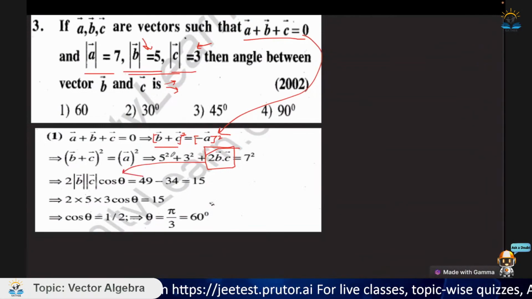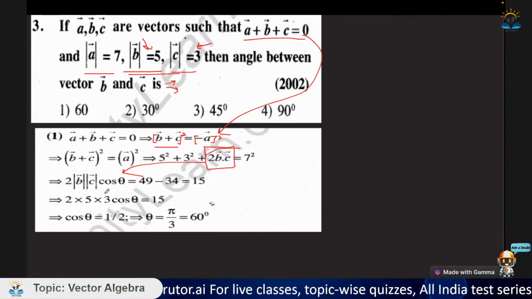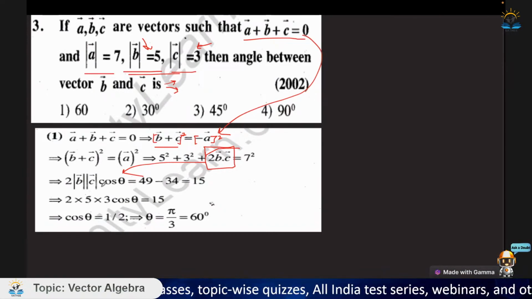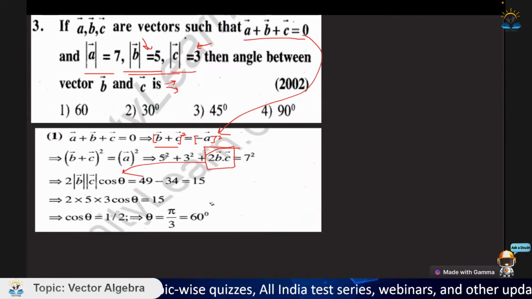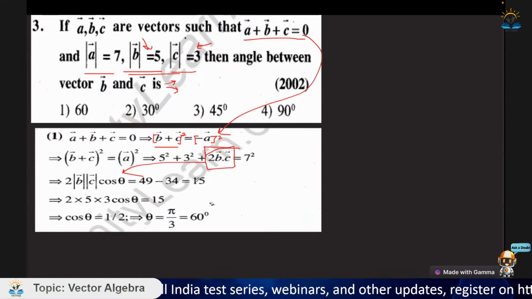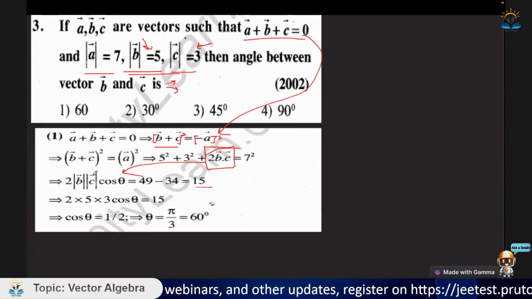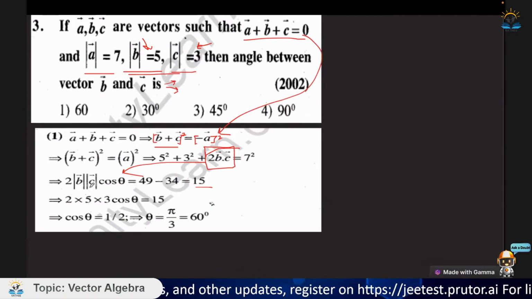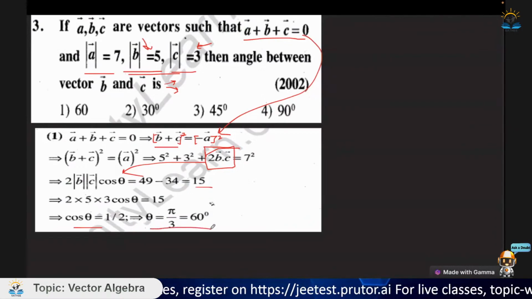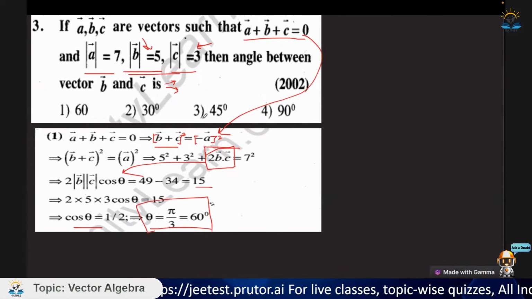अब b dot c को हम expand करके वापस यहाँ पे लिख देंगे कि हमको angle पूछा था, तो cos theta या sin theta हम use कर सकते हैं। सो दिस a dot b का definition, b dot c का definition के हिसाब से ये b magnitude, c magnitude, cos theta इक्वल टू 7 square, this is 25 plus 9 which is 34, so 49 minus 34 which is equal to 15, ठीक। सो यहाँ पे हम इसकी value फिर से रख देंगे 5 और 3, और इसको जब solve करेंगे cos theta यहाँ से, तो फिर हमारा answer आ जाता है। तो ये तो explain करने की ज़रूरत नहीं।